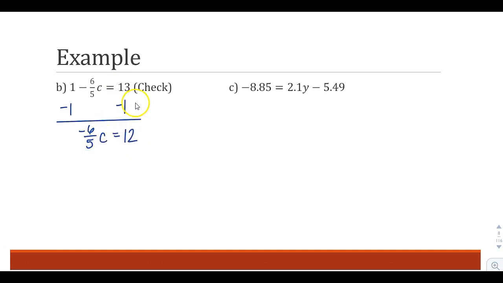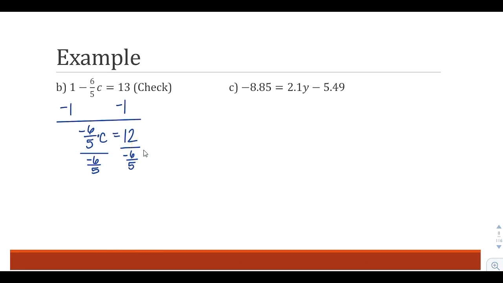So now, that was the first step. The second step is going to be to completely isolate c. So we isolated the term with c, and now I need just c by itself. So there's two ways I can think about this. I can think about this as absolutely this is multiplication. So I am dividing by negative 6 over 5. So I'm going to write that for a second and just kind of notice that it looks a little bit complicated. So if I divide by negative 6 over 5, I'm dividing inside of a quotient, so this is a